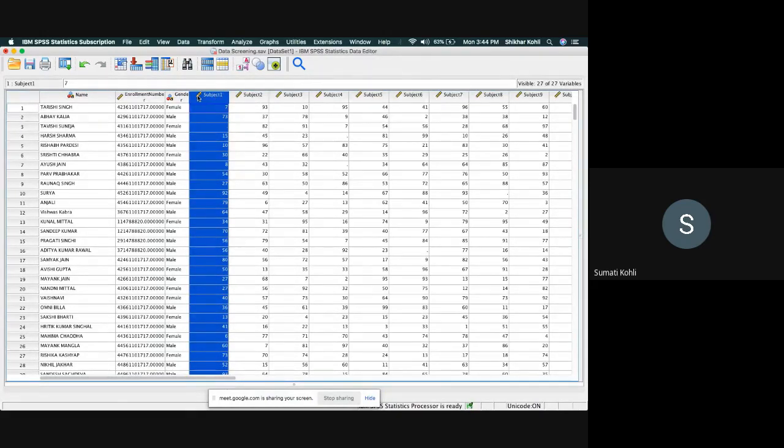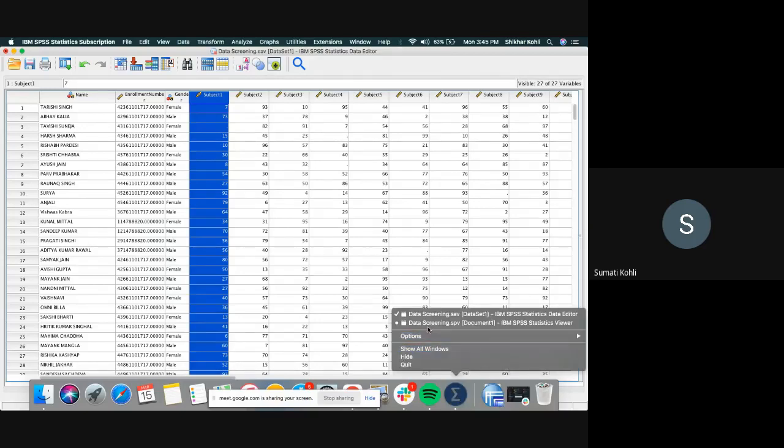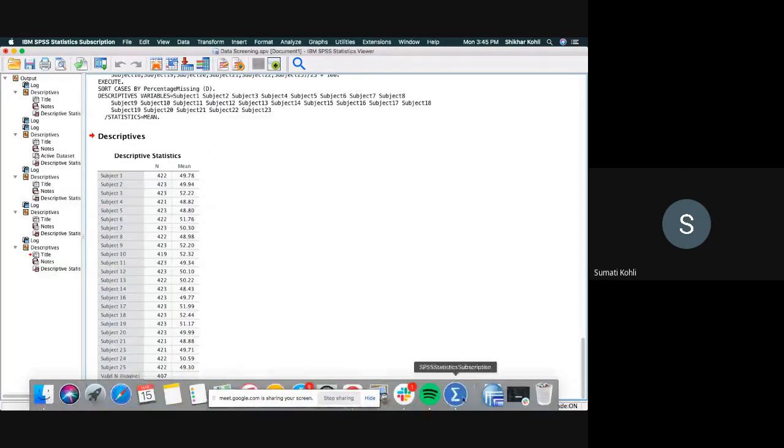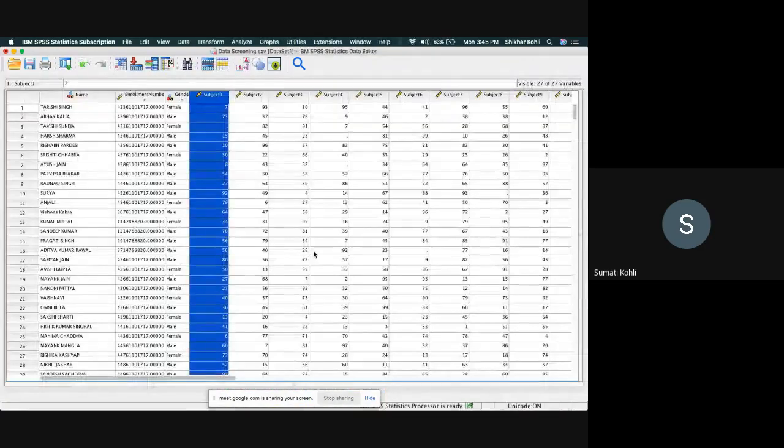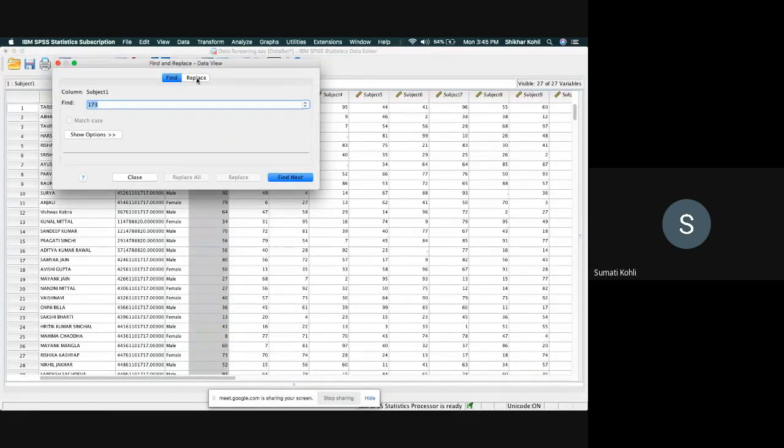So again, click on the column. Once the column is selected, it will get highlighted in blue. And then what you do is, just a second, I want to see what is the number. The number is 49.78. Okay. So you have to select the column, then click on this binoculars, right? This is the find function. Okay. Click on replace. Okay. So what do you want to find? You want to find a full stop, right? All of us know that in SPSS, rather than a blank cell, we have a dot. Whenever a cell is blank, SPSS automatically puts a dot in it for identification purpose, right?